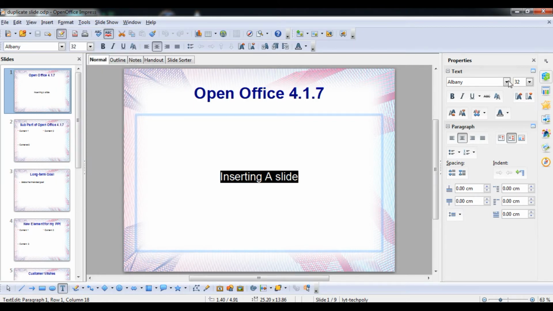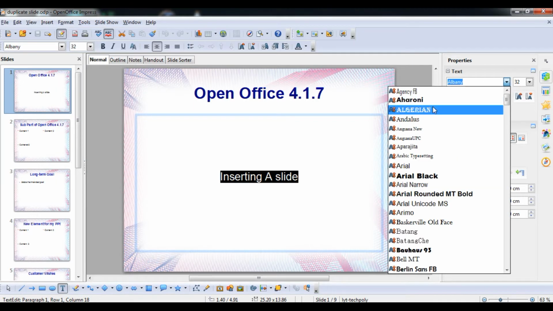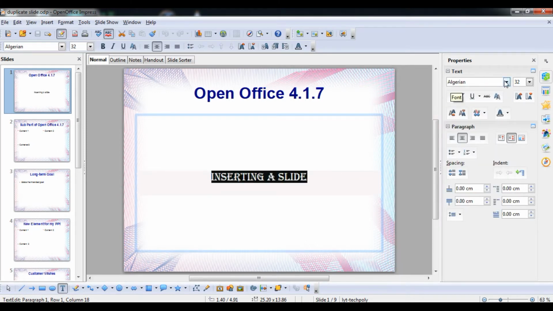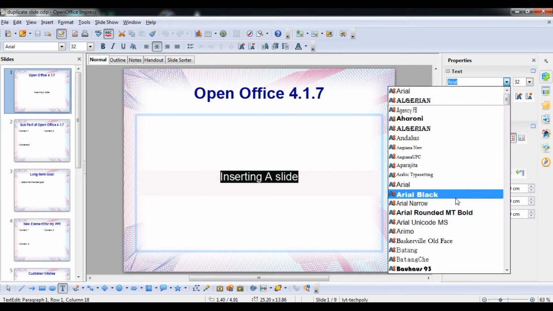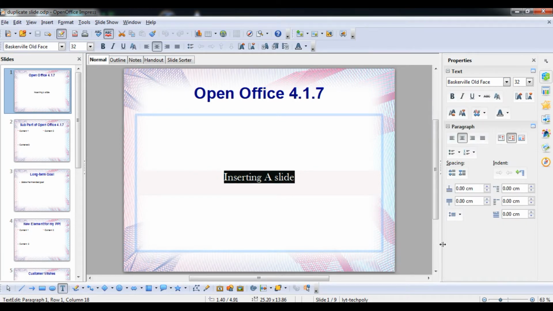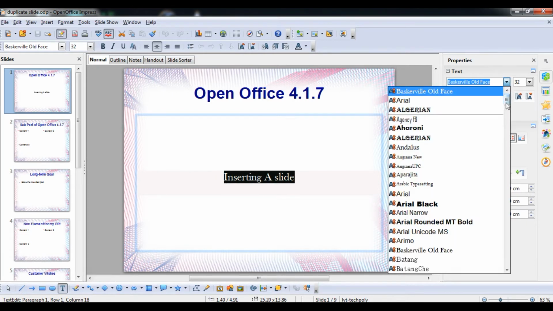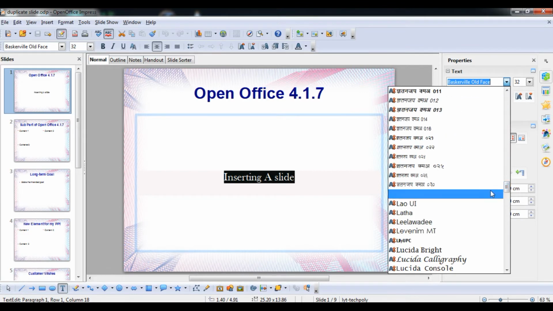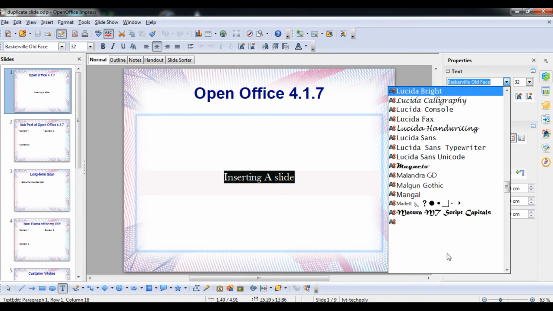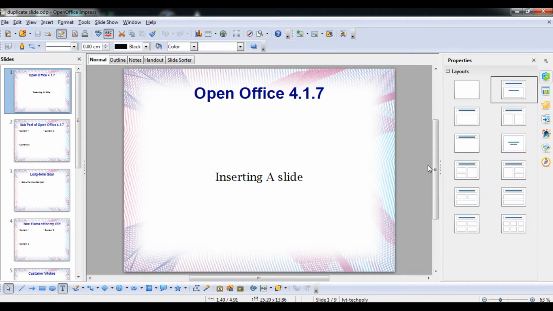Here you can change the writing style. As you can see, the writing style has changed, like Arial simple style, like this old style. There are a number of font faces, including Hindi. If you know the Hindi language, you can write Hindi also.